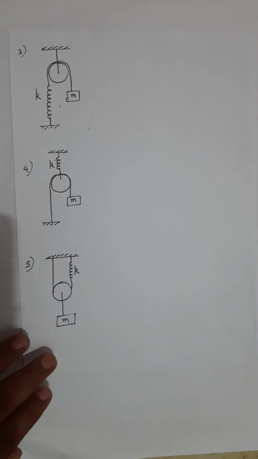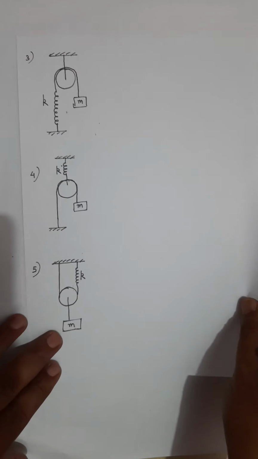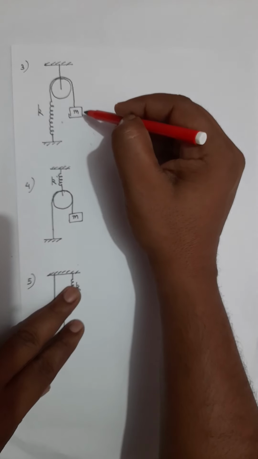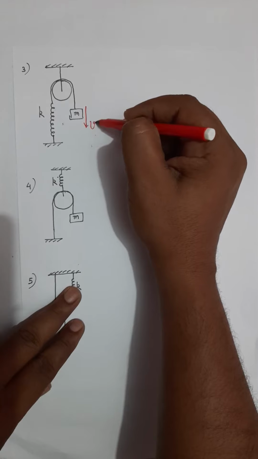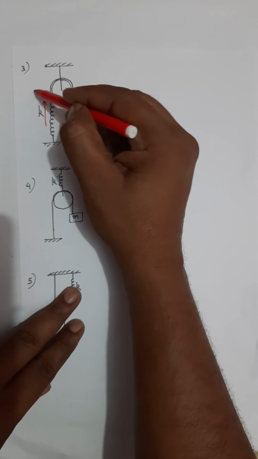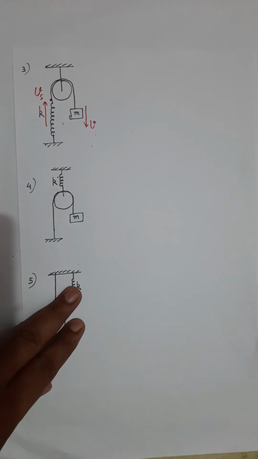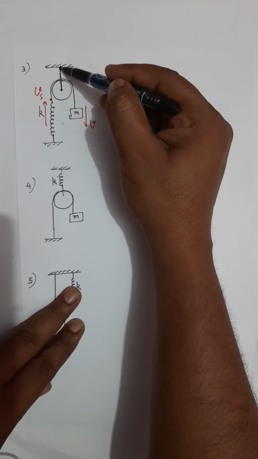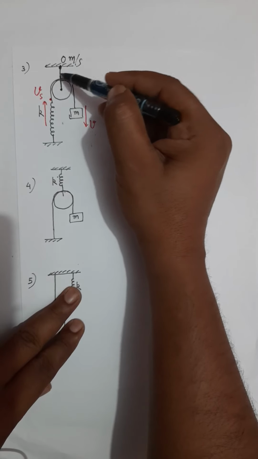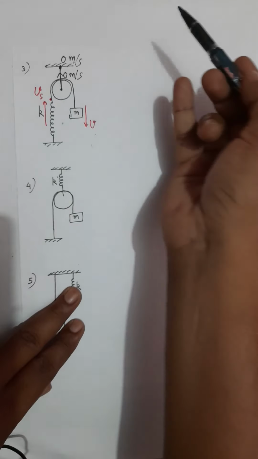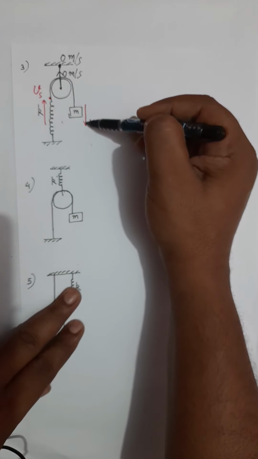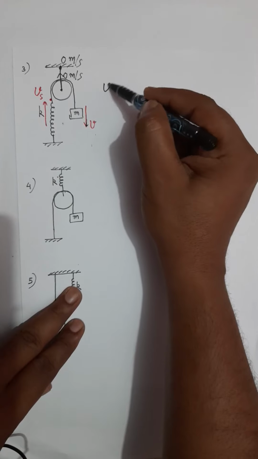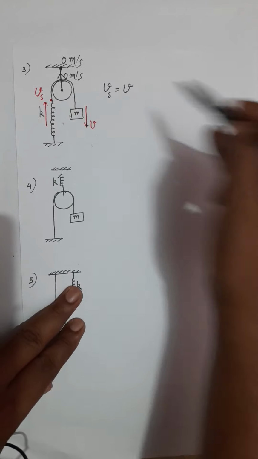Now some more questions to practice. Problem number 3, that's a very simple problem. If this mass m goes down with v and your spring moves up with velocity vs, you can simply see that because the pulley is fixed, it is attached to the ceiling which is 0 meter per second. So the pulley has 0 meter per second velocity, and for that reason, if the block moves downward with velocity v, the spring will move upward with the same velocity. So now v of spring is the same as the v of block, and therefore